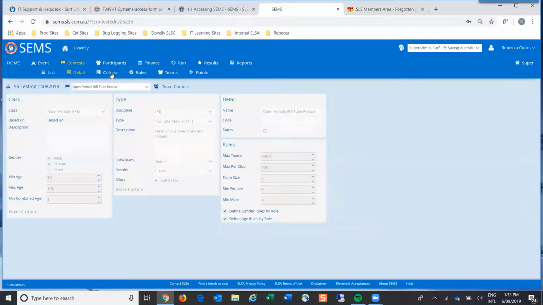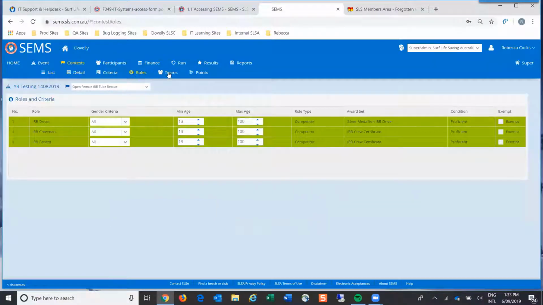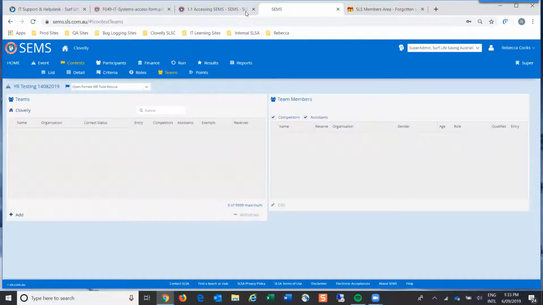I'm able to see the detail of this contest, and I can see the roles, and I can add my teams. I just have to pause for one moment, sorry. Apologies for that. So I just clicked on the teams.